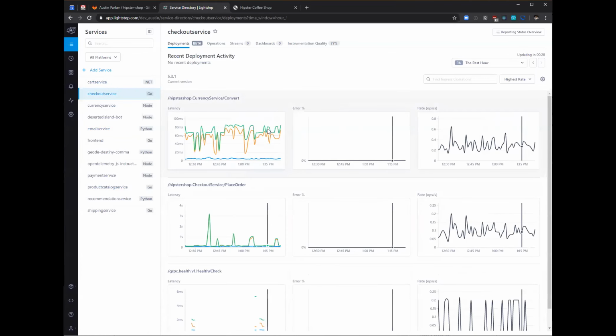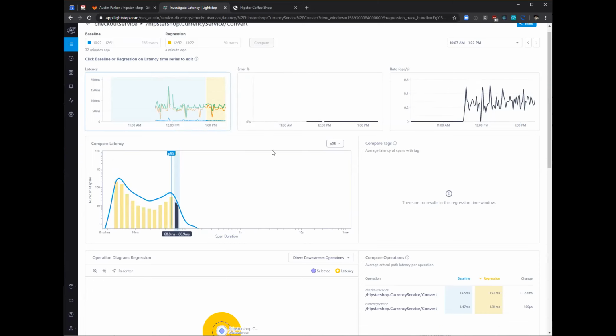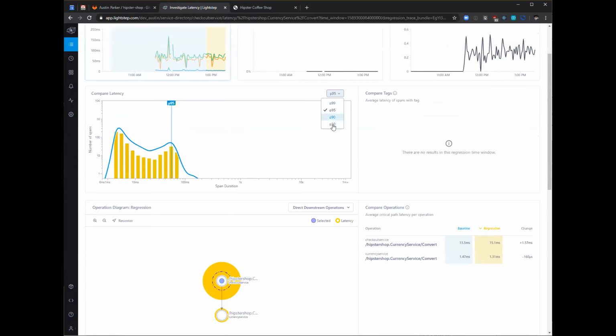There we go. So if I actually want to dive into some of this more, I can use Lightstep's deployment analysis to compare my current behavior with some baseline. So if I say this old data is my baseline performance, and this is what I'm actually analyzing, I can view a latency comparison between these two. I can put my average wherever I want. So if I put it there,